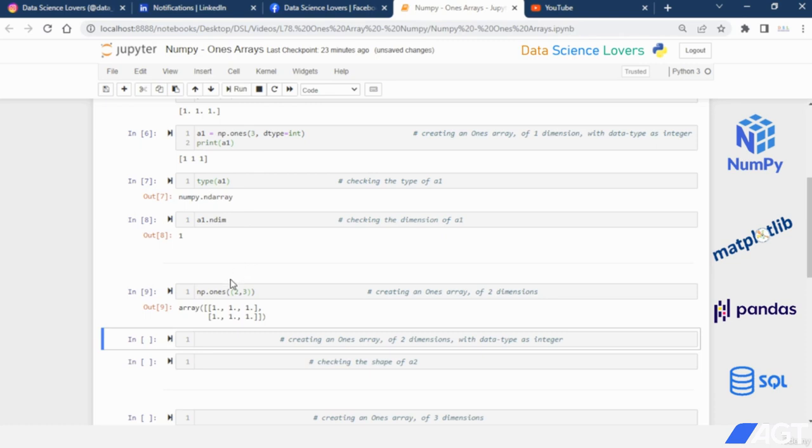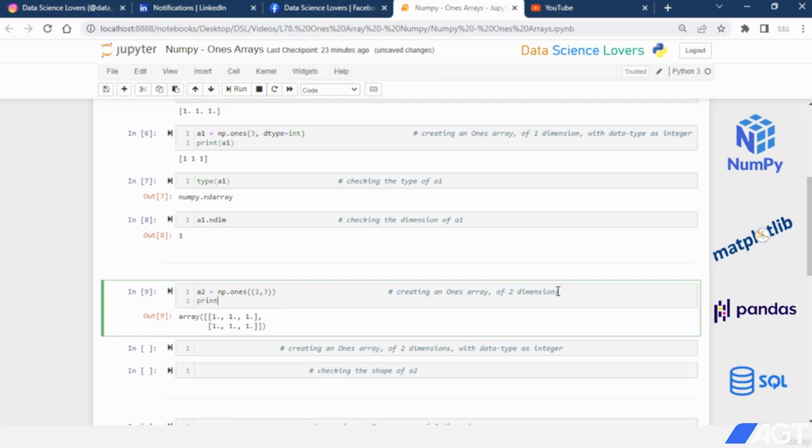If I run this, it will create a 2D array like this. If you notice here, there are 2 square brackets, first one and second one, in the starting and in the end also. Means it is showing it is a 2D array. We can save this in a variable a2, print a2. Okay, that's how we can create a 2D array, or you can say 2D ones array, where the default data